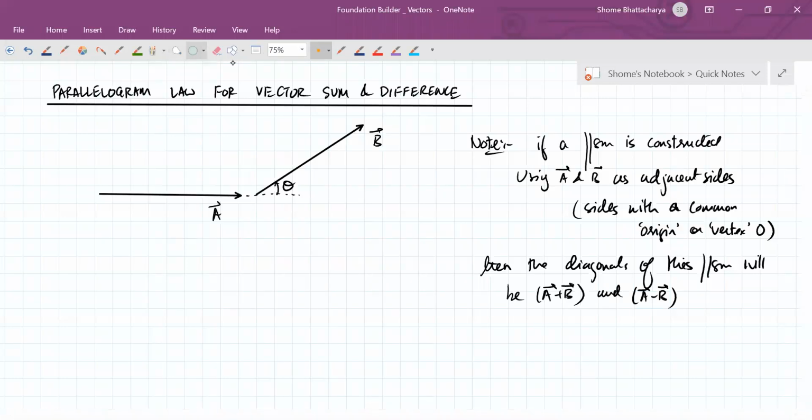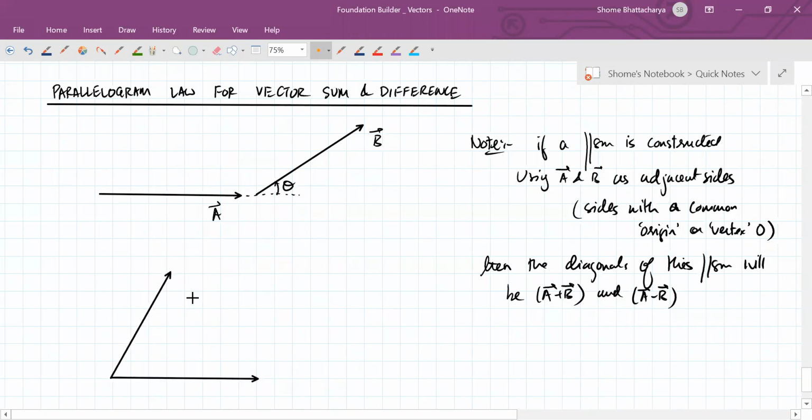Okay. So let's do the construction such that we are drawing the vectors A and B, this time not head to tail, but such that they have a common vertex or are drawn from a common origin. So just take the two vectors A and B, and this time we've drawn them from a common point, which is becoming one of the vertices of the parallelogram.